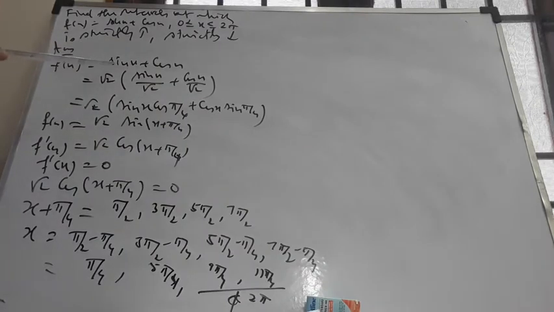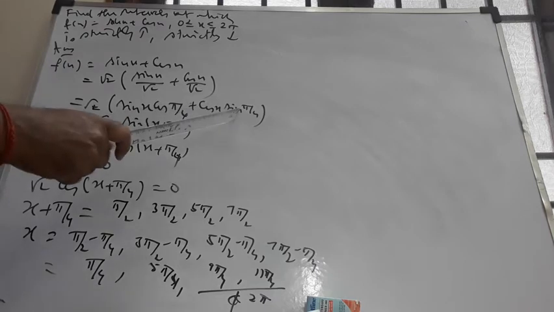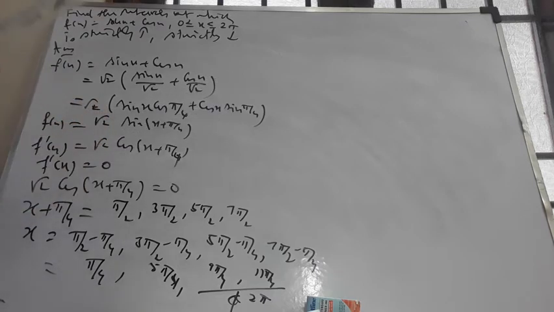Let me explain up to this. I have taken f of x equal to sin x plus cos x. Just for convenience sake, I will multiply and divide by root 2. I need it, therefore I do. Therefore, root 2 into sin x cos pi by 4 plus cos x sin pi by 4. If you write like this, it is always easier. That's the reason why I do. Therefore, the derivative becomes root 2 cos of x plus pi by 4.